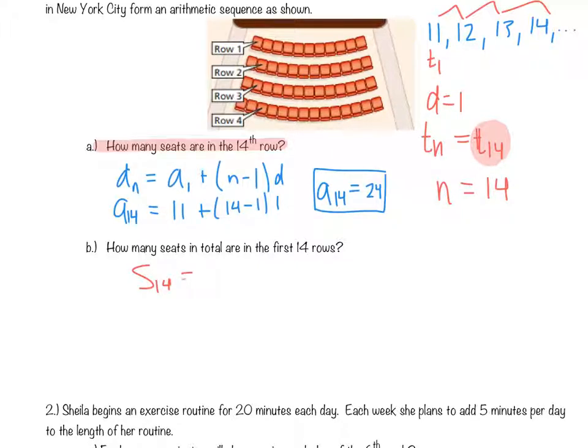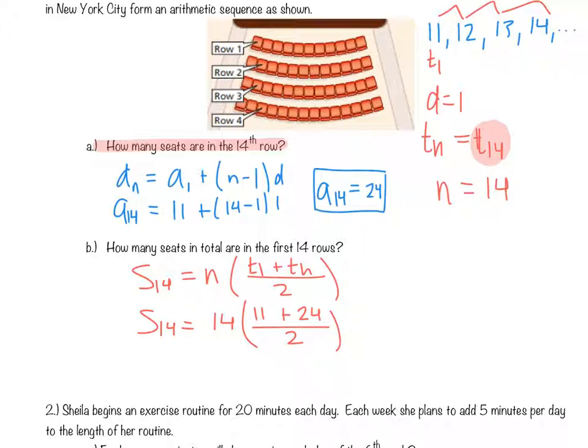Now the formula is n, again, t1, which is a1, plus t of n, which is the last term, over 2. So s of 14 will have 14 terms in it. The first term being 11, the last term, which we just found, would be 24, over 2. 11 plus 24 is 35. 35 divided by 2, I know this is a fraction, is 17 and a half. So you have 14 times 17 and a half. Don't be worried by that. It'll fix itself, because 14 times 17 and a half